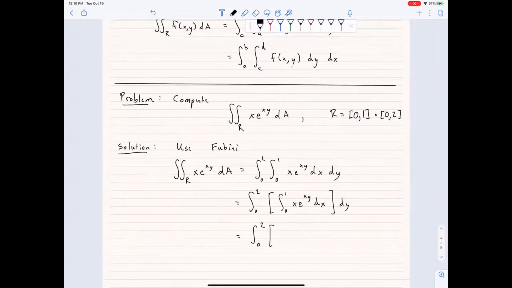Can anyone tell me some general technique? Use substitution. Okay. Other techniques? Yeah. Integration by parts. Anyone want to do trigonometric substitution? Good. You shouldn't want to do that. Good. Yeah, so